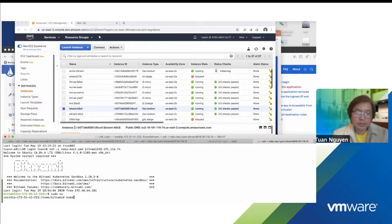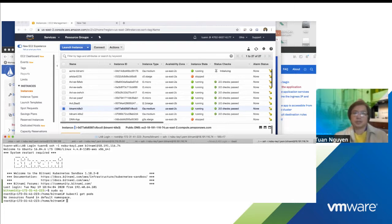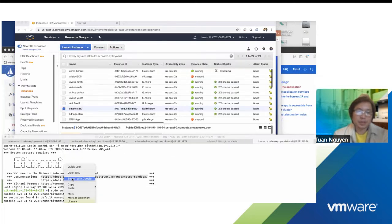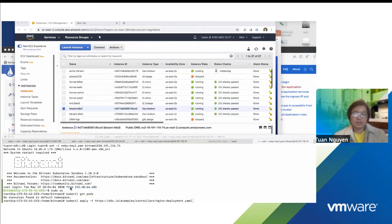So we have kubectl get pods. There's nothing in that. So that's a brand new cluster, right? So now we go and deploy some applications. So let's deploy one application. Try deploying Nginx, see how it looks, and then we go onboarding this cluster into